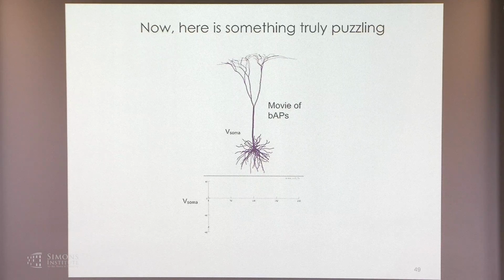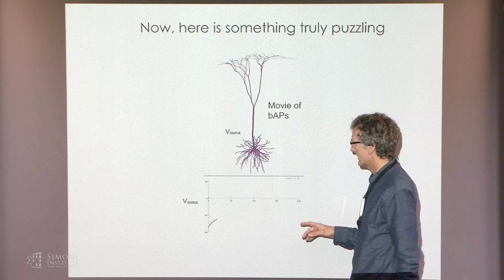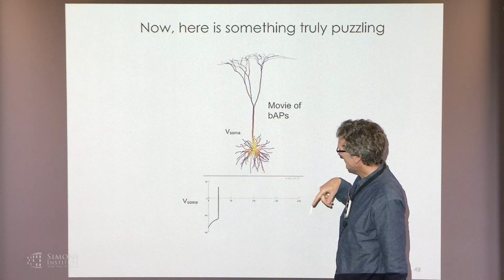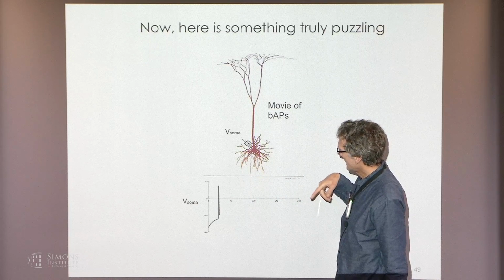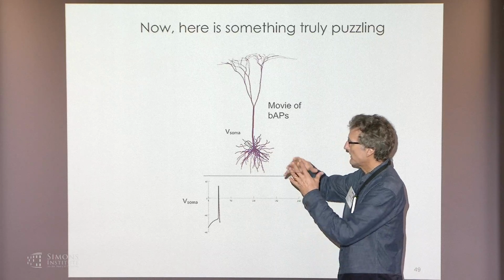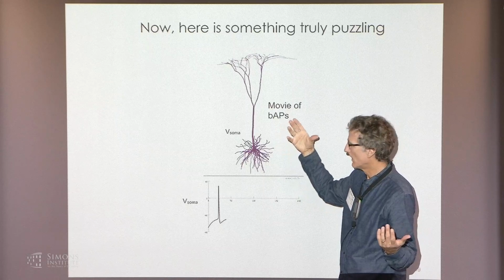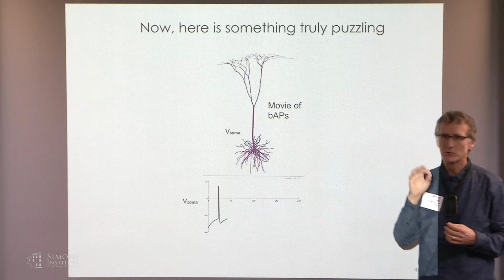Here's something that really should trouble you. This is what happens in a real neuron when it starts getting excited. Here, a current is being injected in here. And do you see the neuron fires an action potential? Do you see that the entire basal dendritic tree just lit up like a firecracker? So in that moment when an action potential is generated,